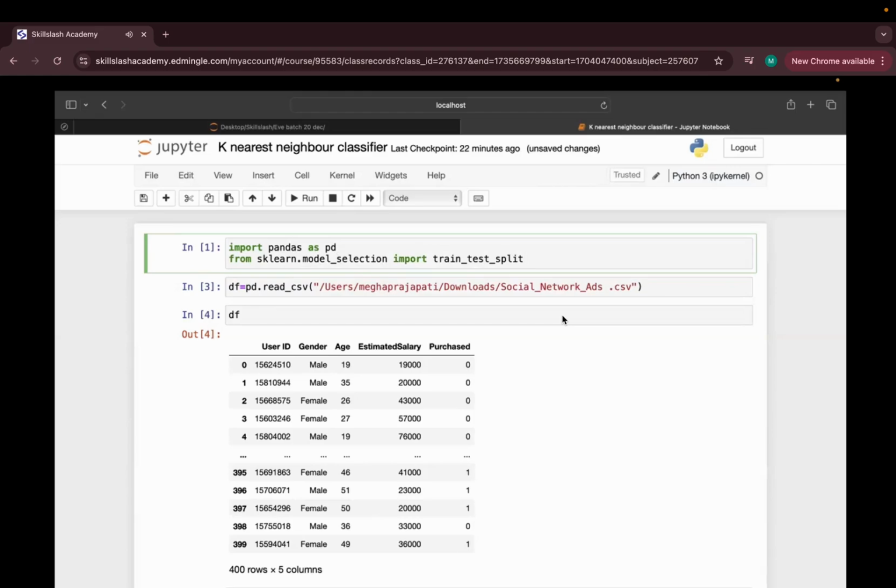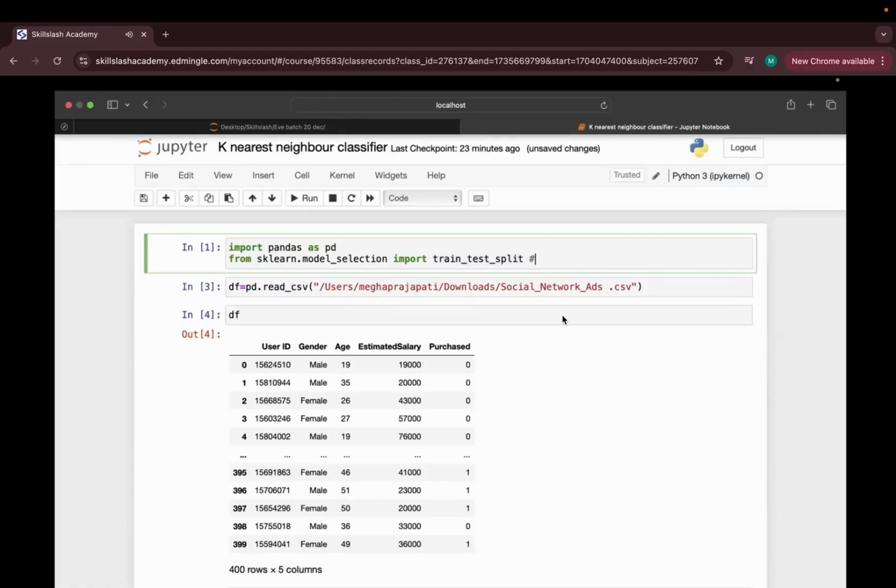So we have one library called sklearn. The full form of sklearn is scikit-learn, and from that sklearn we have one model_selection package. From that we are selecting the train_test_split module. Now this train_test_split will help me split the data set into training and test format. Just giving you a while so that you can jot it down. Usually I tend to write this within the same cell, but I'm showing you the basic practice, how it should be.